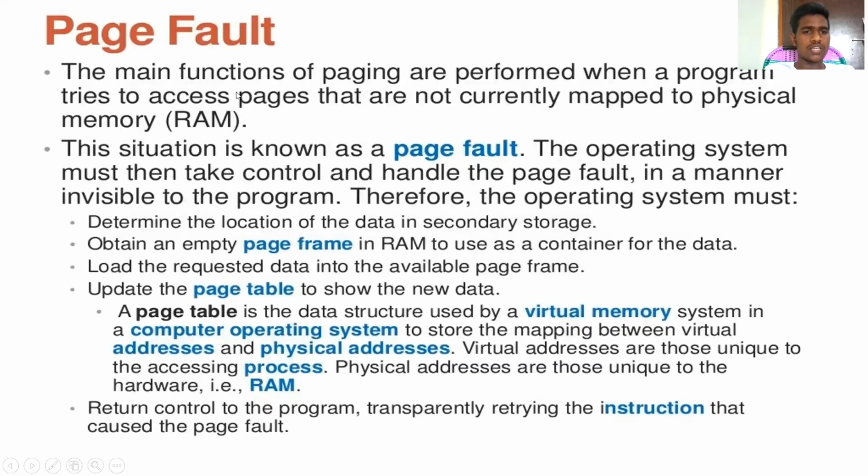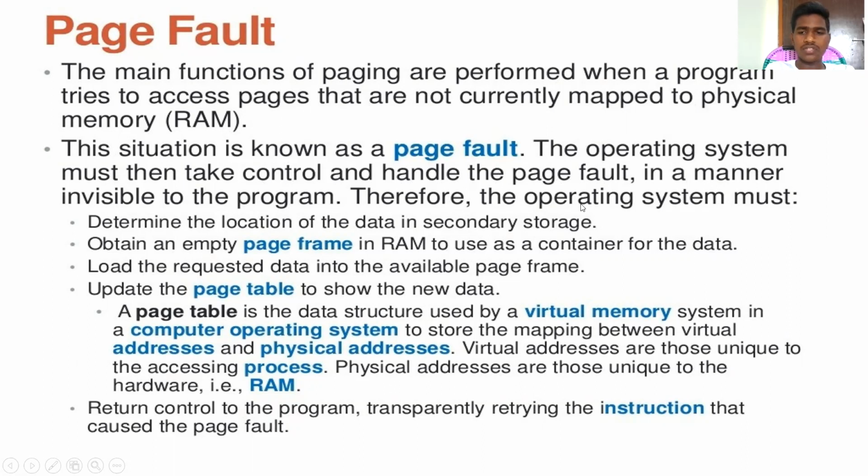What is a page fault? The main functions of paging are performed when a program tries to access pages that are not currently mapped to physical memory. This situation is known as a page fault. Whenever we want to execute one program, if the data is not present in the main memory, that situation is called a page fault. The operating system must then take control and handle the page fault in a manner invisible